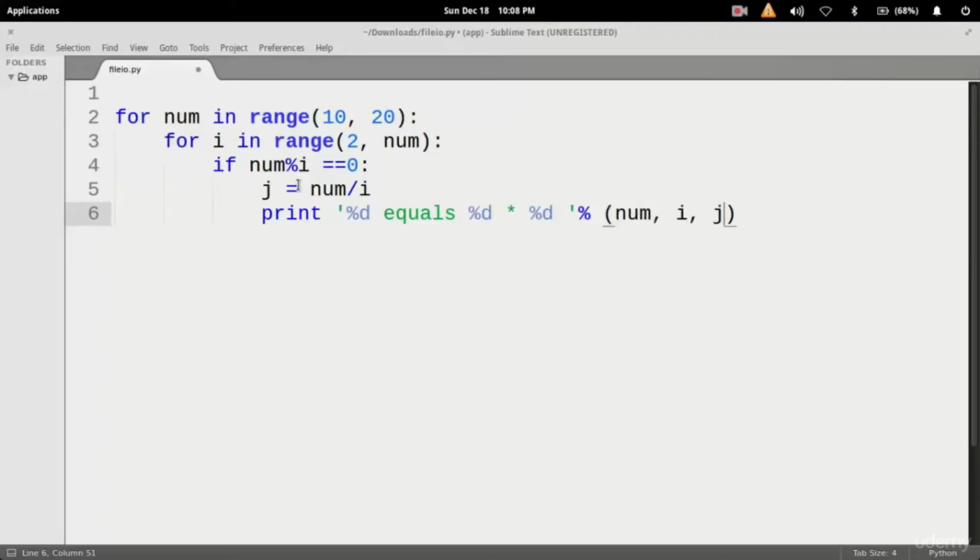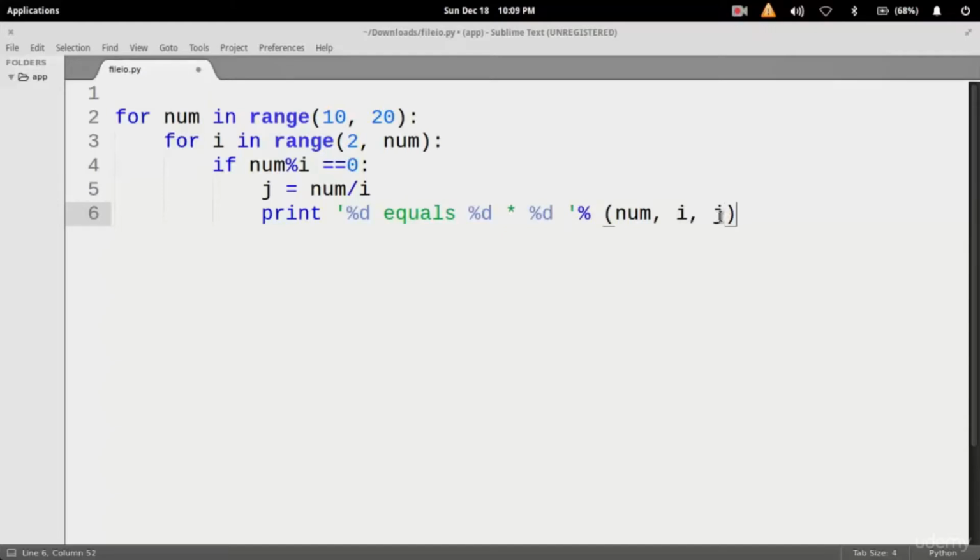This %d gets replaced by num, which is an integer, that's why %d, and this %d gets replaced by this i, into %d again, which is replaced by this j,